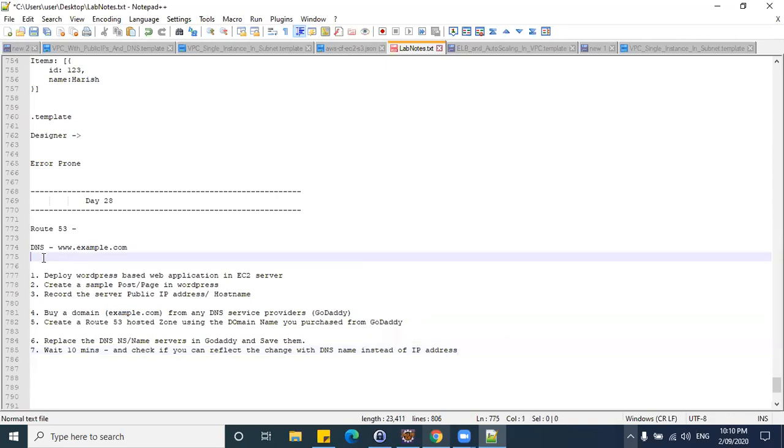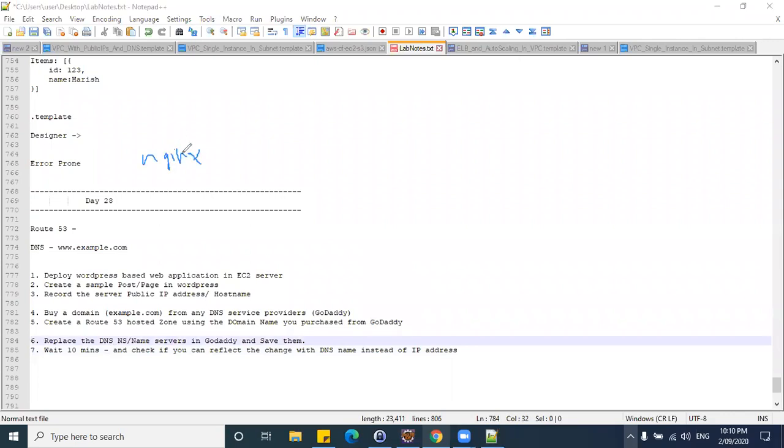Okay, this is the first set of lab. In this lab, we know we have spun up an Nginx server many times, and how we have accessed this Nginx server. We used an EC2 machine name or IP address and launched the Nginx server homepage, right? So today, instead of an Nginx server, we'll create a complete web application, which is a WordPress based web application. It is a blog based